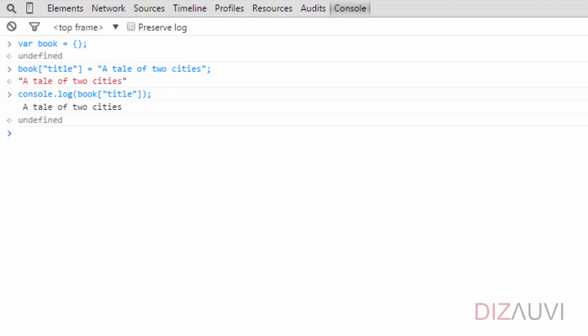Now that we know how to get and set properties in a JavaScript object, let's see how to delete a property from an object. It's very simple. We just use the delete keyword. So we can say delete book.title. And now let's evaluate the book object. And as you can see, the title property from this object is gone. Alright. Now, deleting properties is not a very common use case for typical web development. So let's leave it here.